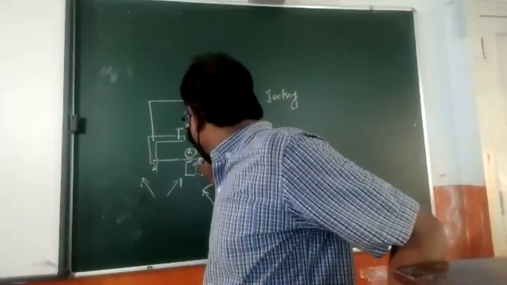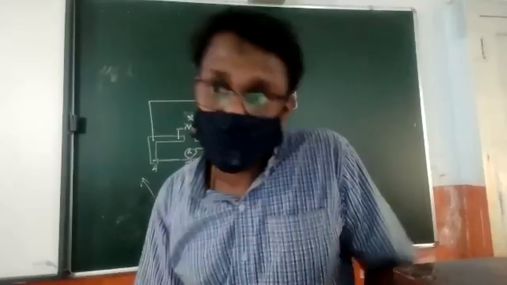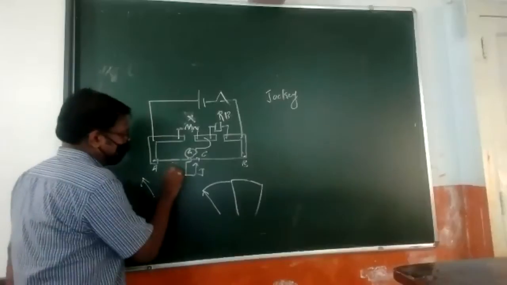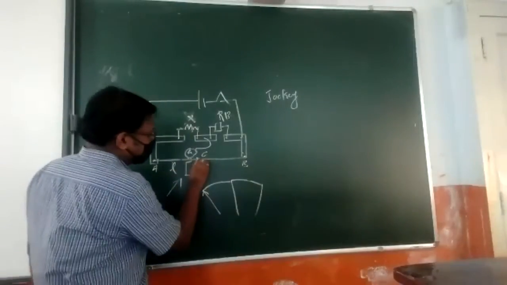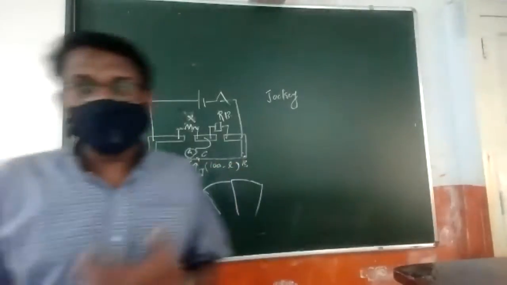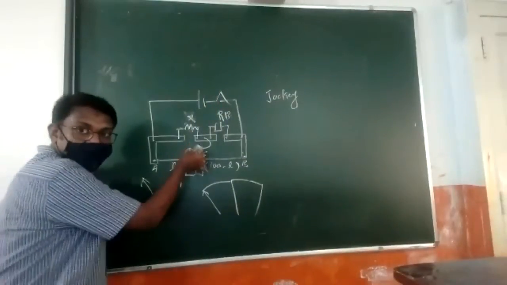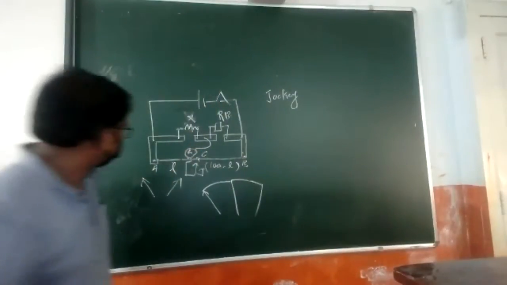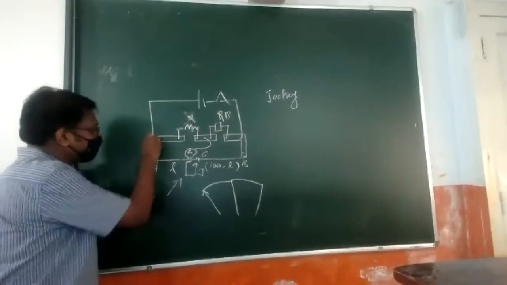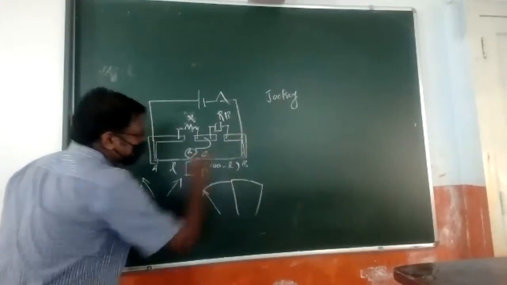Suppose here is the point where it is crossing the 0 mark. From A to C, the length is L. So what will be the distance from C to B? That will be 100 minus L, because 100 centimeters is the total between A and B. And now you can identify this as a Wheatstone bridge. I already told you, since between these 2 points nothing is connected, these 2 points are the same.